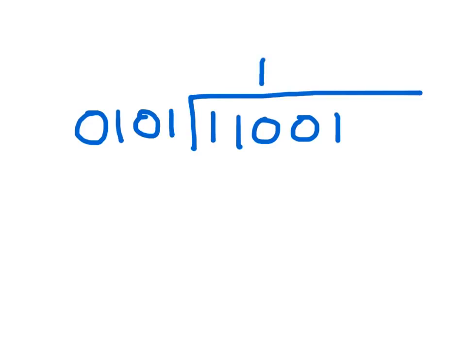4, then the number here would be 010100. Because when you multiply it times 2, you get 1 0. When you multiply it times 4, you get 2 zeros. If we were multiplying it by 8, we'd get 3 zeros, and so on. So now we have to ask ourselves, is this number